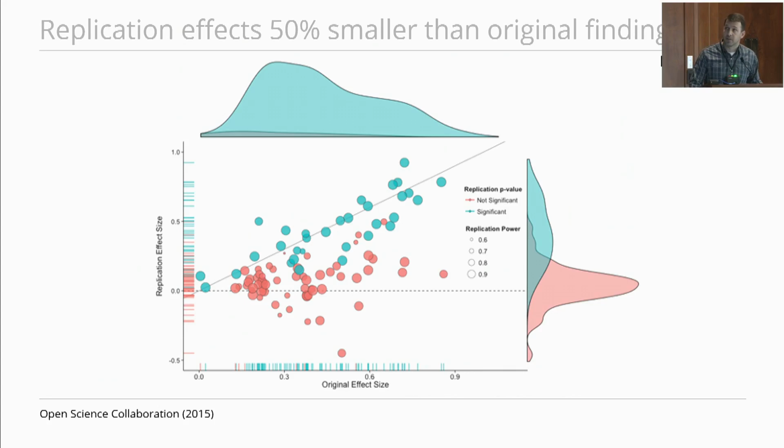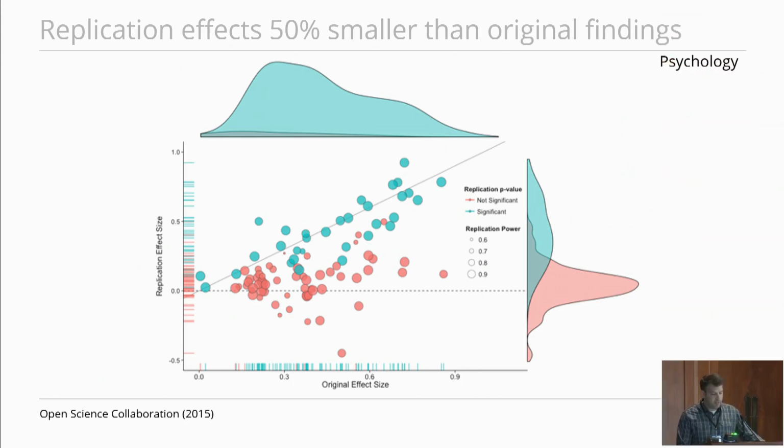So for example, this is from the reproducibility project in psychology that attempted to replicate 100 findings from 3 prominent journals in psychology. The x-axis here shows us the original effect size. The y shows us the replication effect size. And in an ideal case, that diagonal line is where we'd expect the clustering to occur. However, we observe a lot of variation between the original and the replication, and a lot of it hanging out below the diagonal line, suggesting that the replication findings are weaker than the original. And on average, it's 50% smaller than the original.